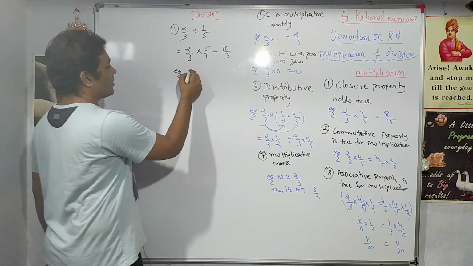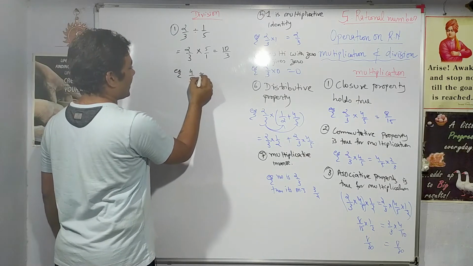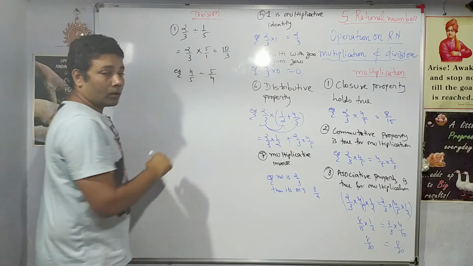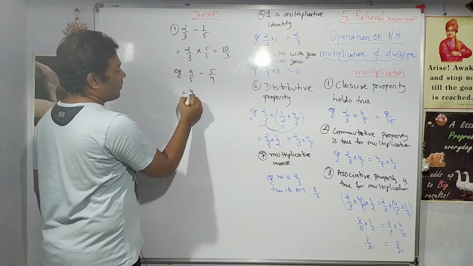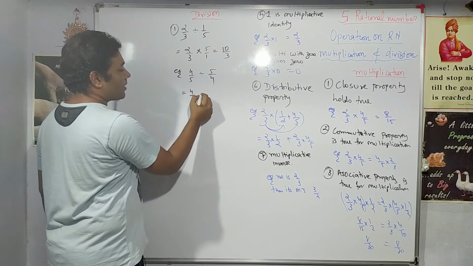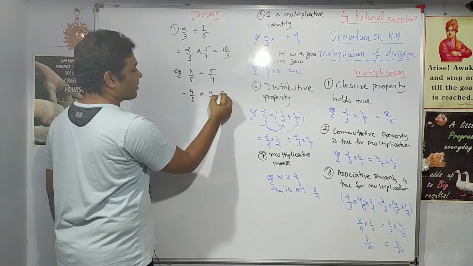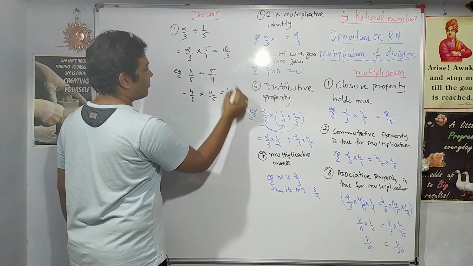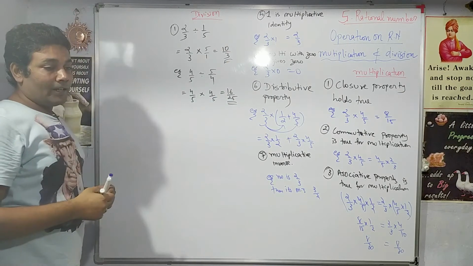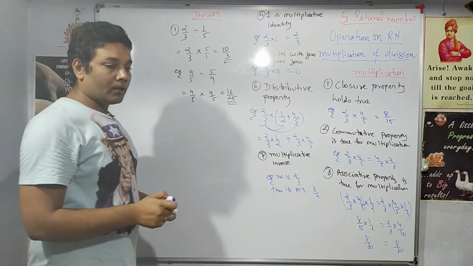Let us take another example to understand this first property, that is how to carry out the division. So let us say 4 upon 5 divided by 5 upon 4, correct? So 4 upon 5 as it is, division gets converted into multiplication and the next term becomes reverse. So this is how you carry out the division, right? First important property for the division.